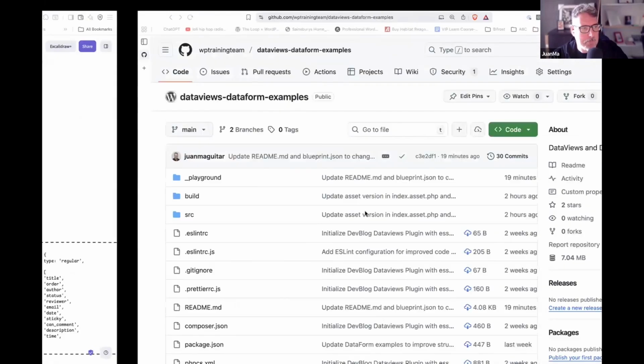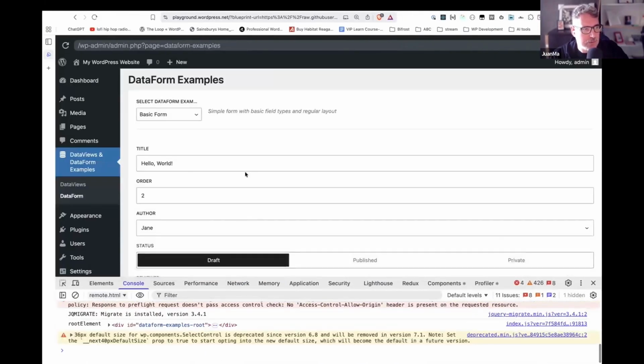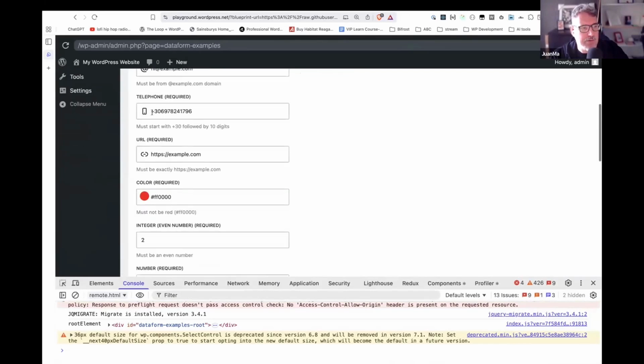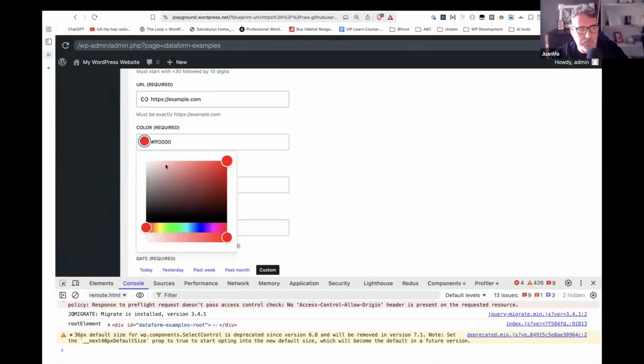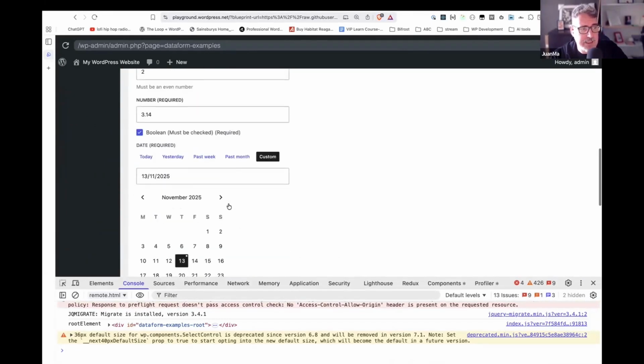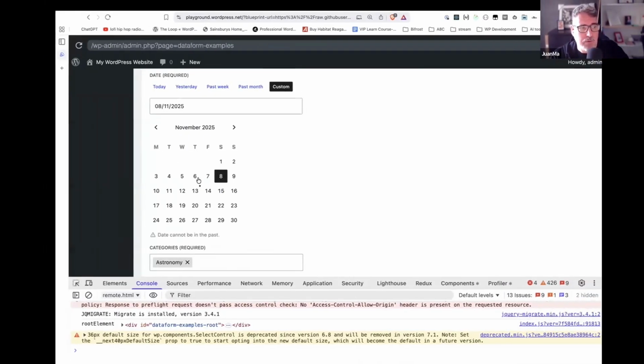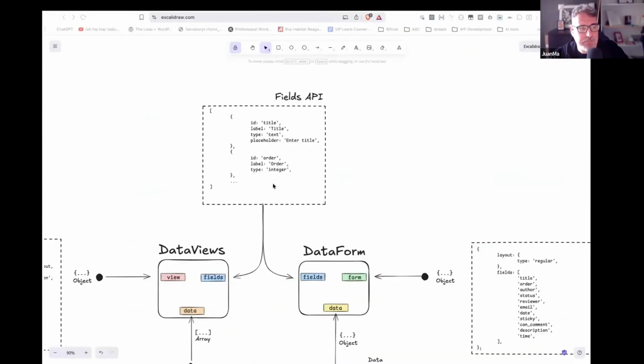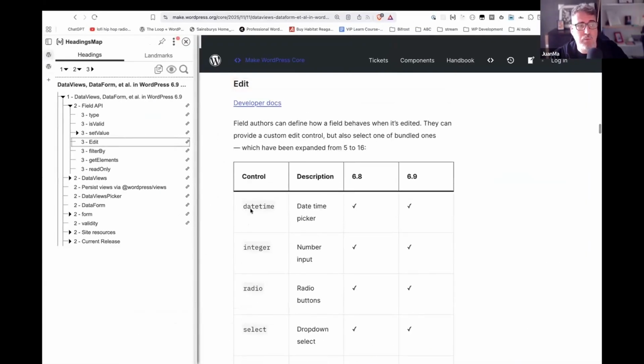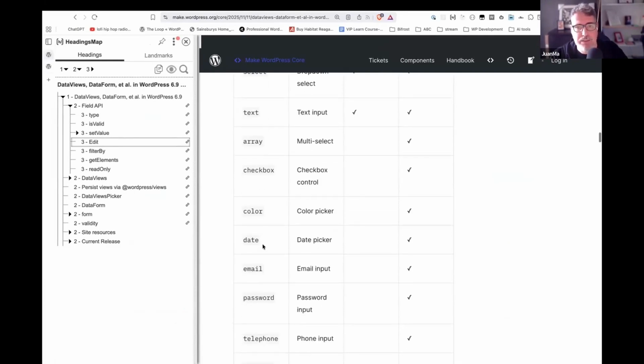Let me show you very quickly how this would look like. Which one, for example, form validation. So here you have different ways of editing the data. All of this is done automatically just by setting the edit value to one of these bundled React components. But we can also provide a custom one. Okay, so this is regarding the Fields API that, as I said, is an API shared by DataViews and